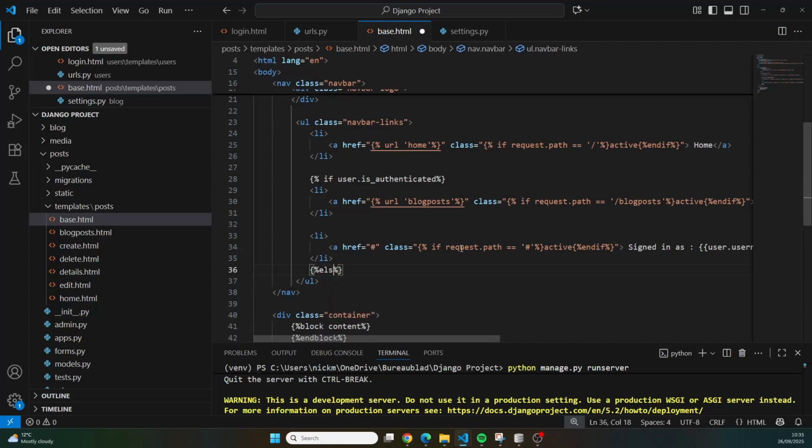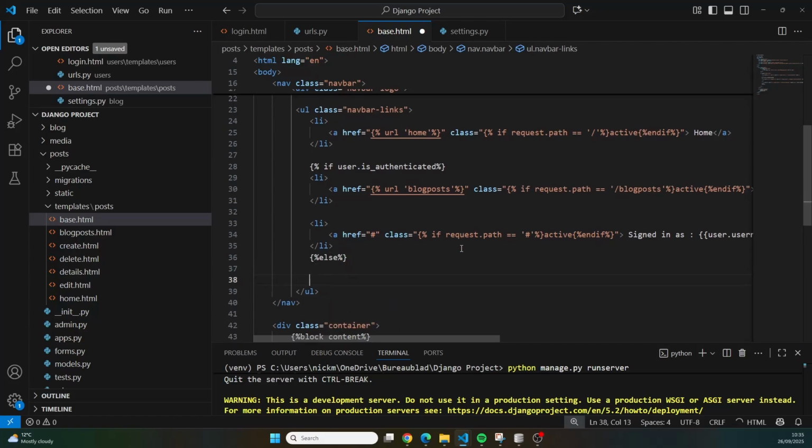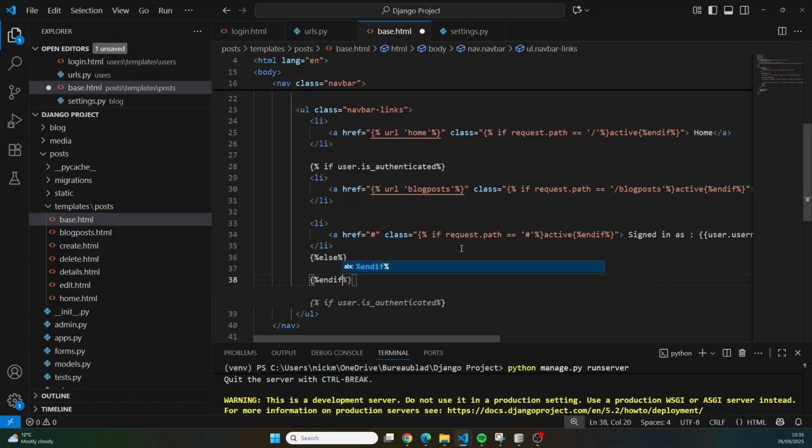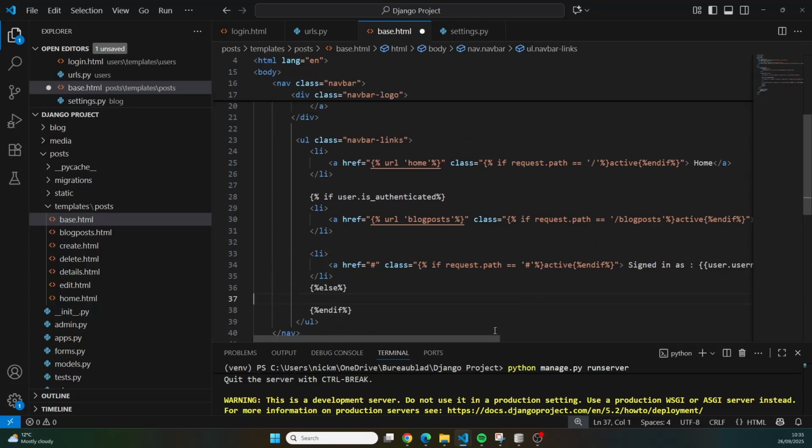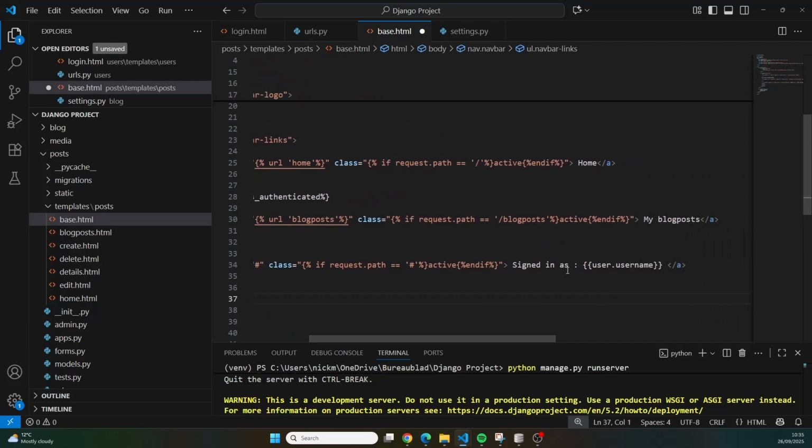So we're going to put else here. And then also as the final statement, we do percentage and we do endif. And let's not forget the percentage on the end. So if we are authenticated, we want to say, okay, you're signed in as user this, and you can see